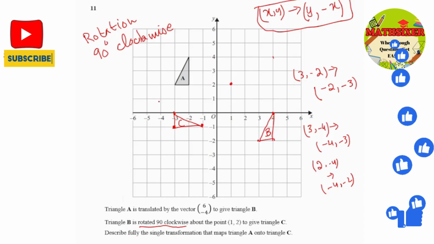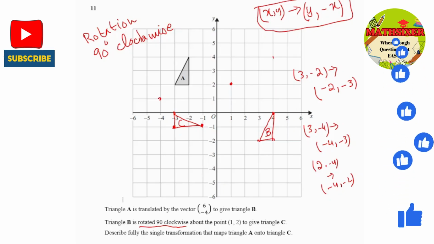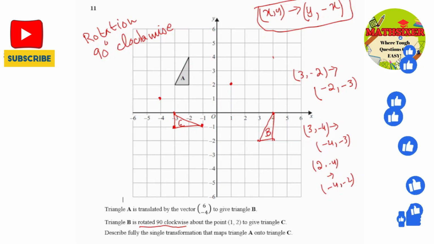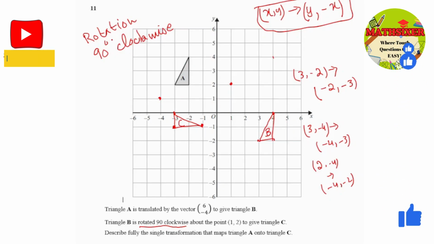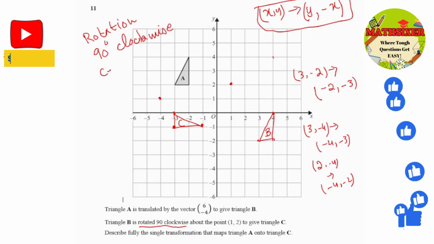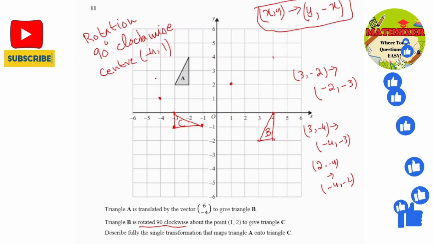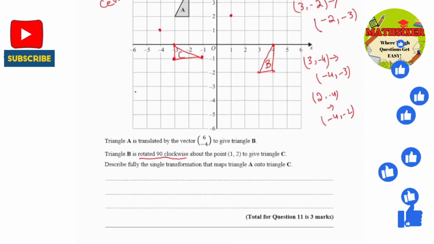So this triangle is rotated 90° clockwise, and we need to find out the center now. So if you use this point, which is (-4, 1), and put your pencil there and put a tracing paper on this one, it will be rotated 90° clockwise to this point. So the transformation from A to C is rotation 90° clockwise, and you're going to write down the center is (-4, 1). Okay, so this is a really simple 3 mark question. I hope